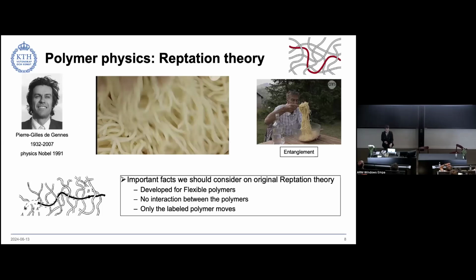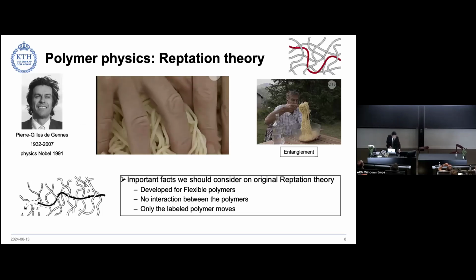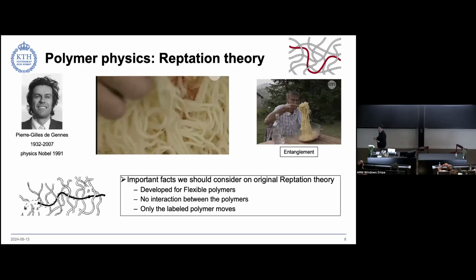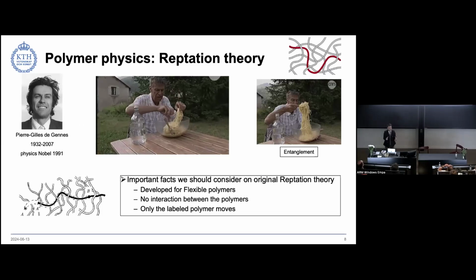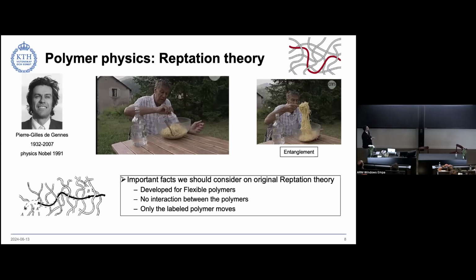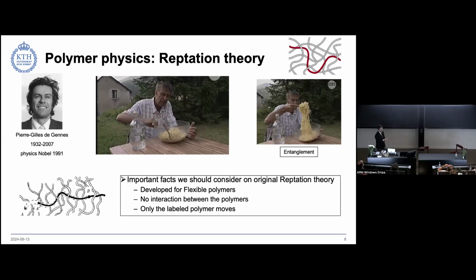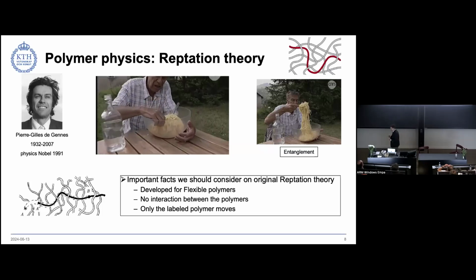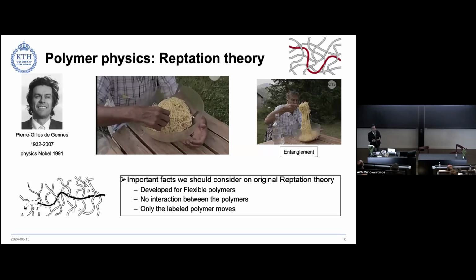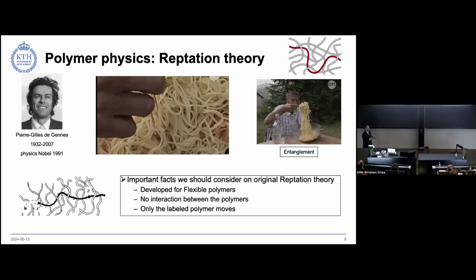Here we have Professor de Gennes explaining reptation theory. And reptation theory, if I want to explain it in a simple way, is that if we have a bowl of spaghetti and we try to take out one of the spaghetti, we can easily do it. But if we try to grab a bunch of them with a fork, we need to apply a high amount of